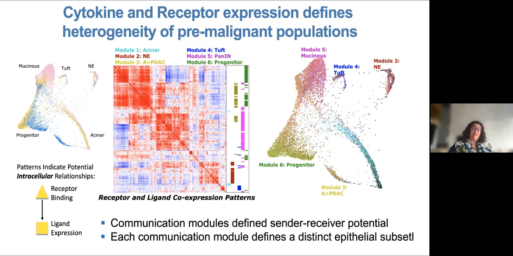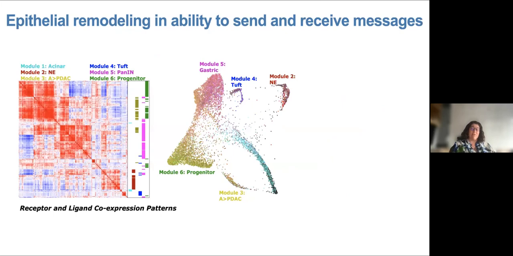Not every cell expressed all of these. There's huge heterogeneity within each of these modules, but even though there was huge heterogeneity, there's still quite significant co-expression of these genes, as you can see from the matrix. So this is in the RAS mutant cells. These are all these early cells that are, no injury, 1-2 days after injury, or the pannins.